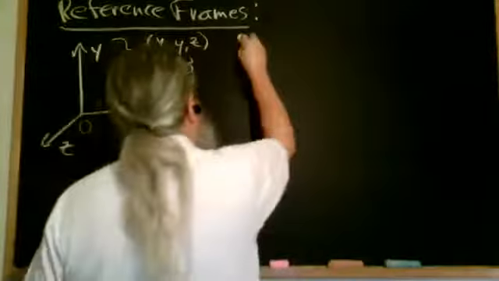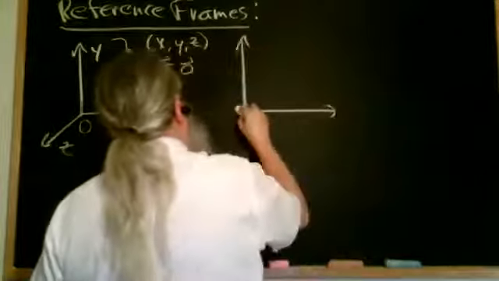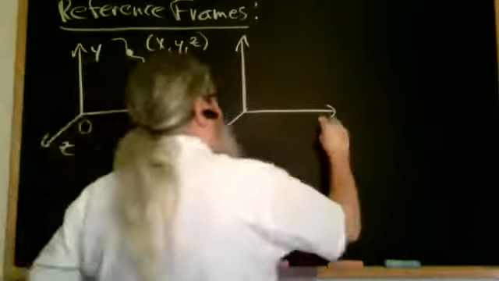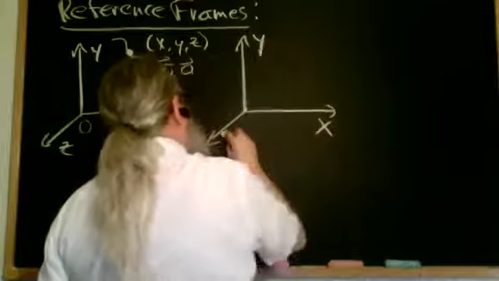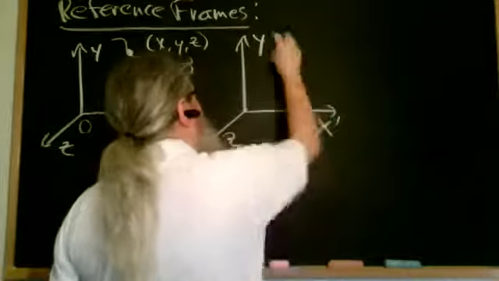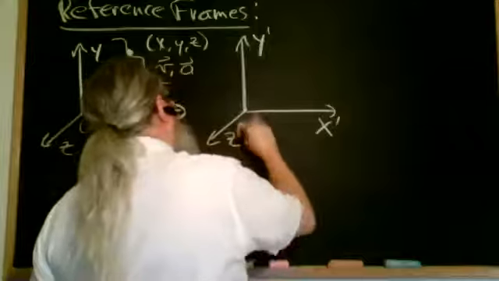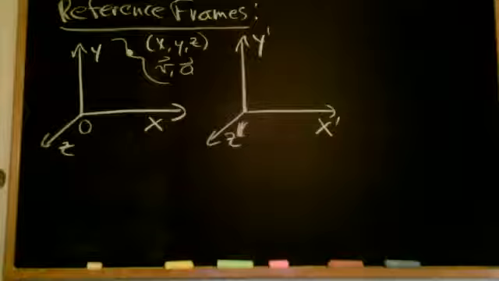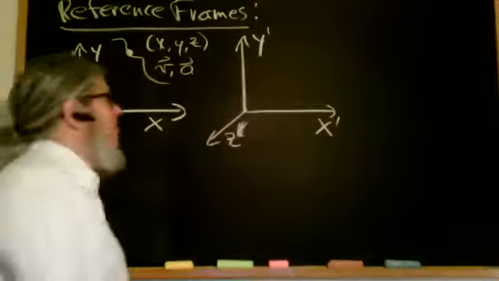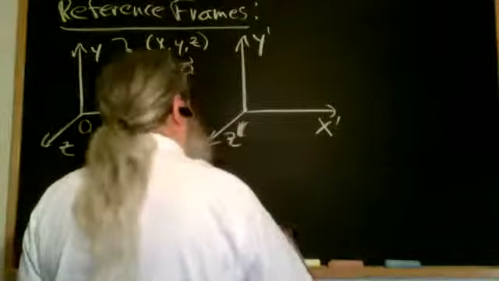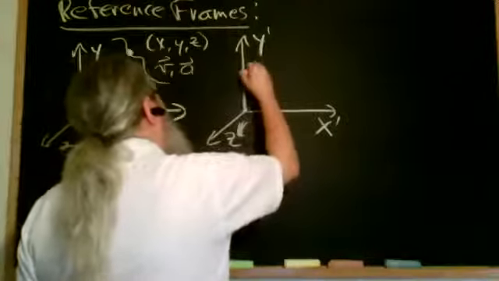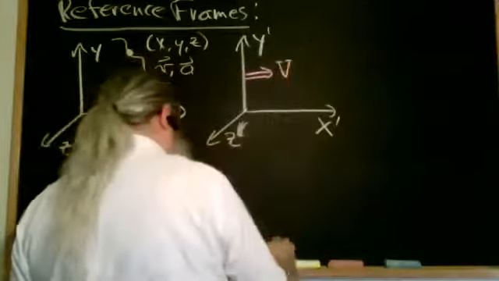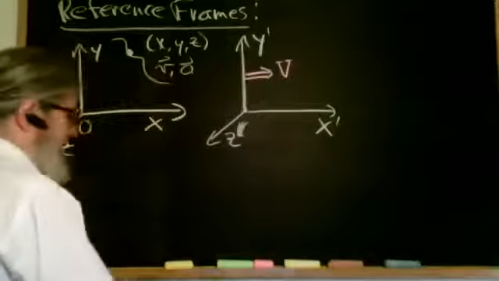And a different coordinate system that I could put down would be the coordinate system like this, where I have the same kinds of axes, but I'll distinguish them with a prime, so call this x prime, y prime, and z prime. And what we showed before, what we've kind of argued a few times now, is that if this frame is moving with some constant velocity, which I'll label capital V, then any velocity